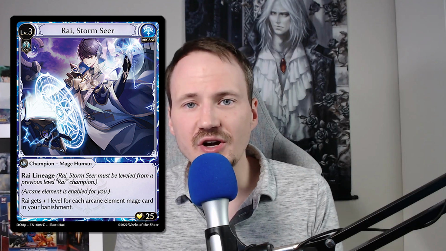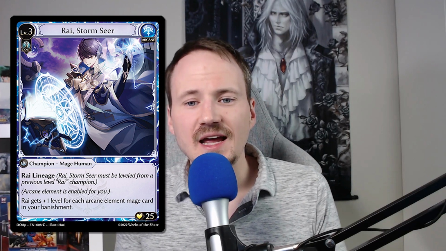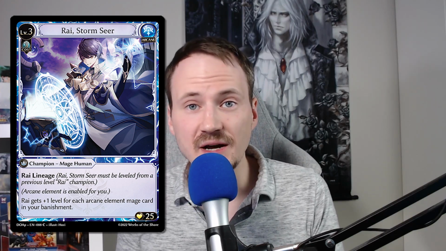One of the earliest tips that we got from the developers of the game on the Discord when everyone was just first trying it out was to sometimes be a little more patient with your plays so that you can very specifically banish particular cards in the materialize phase. And I think this really comes out when you're playing the Rye deck. The Rye deck, on Rye Stormseer level 3, has an ability that says he gets +1 level for every arcane card in your banishment. And when you're playing Rye, you want to really try and maximize that